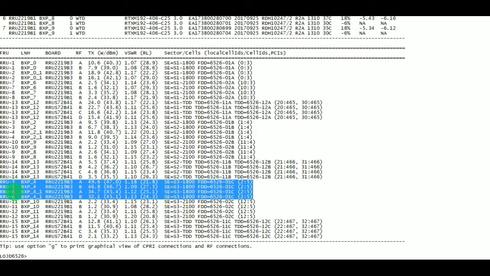RRU number 5 and RRU number 6 belong to FDD 1800 of sector 3.